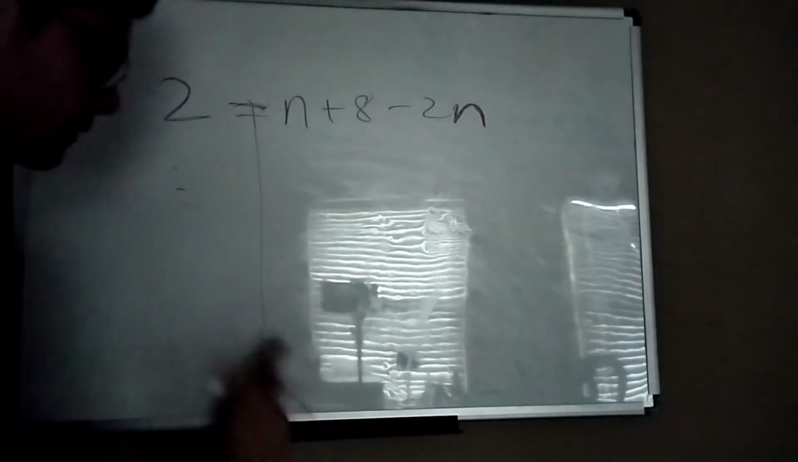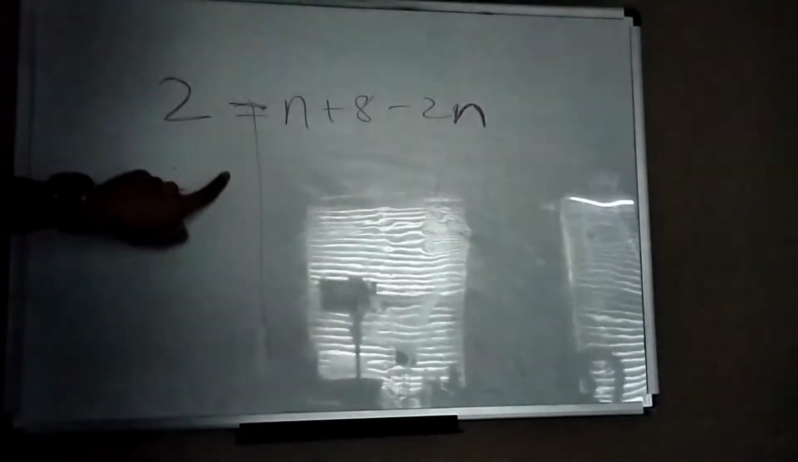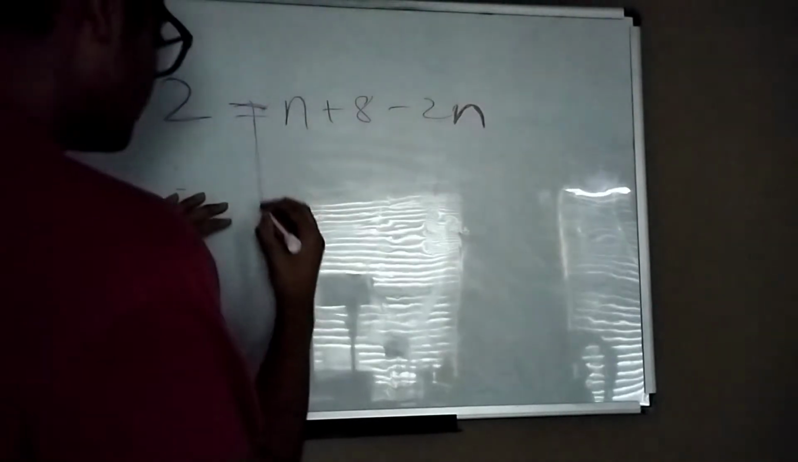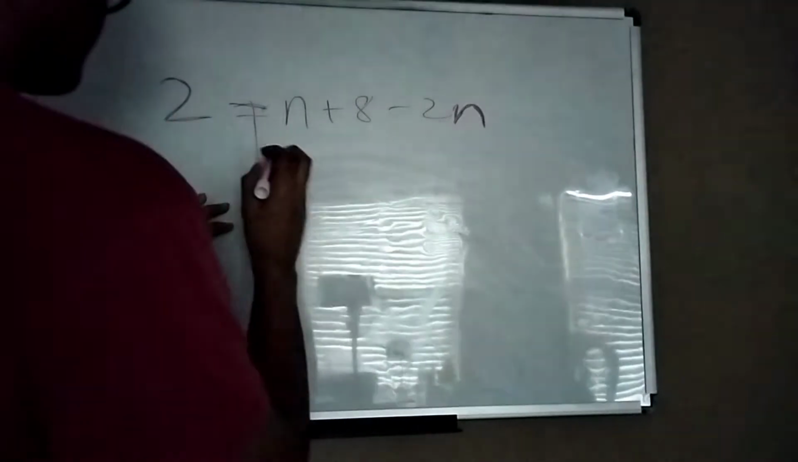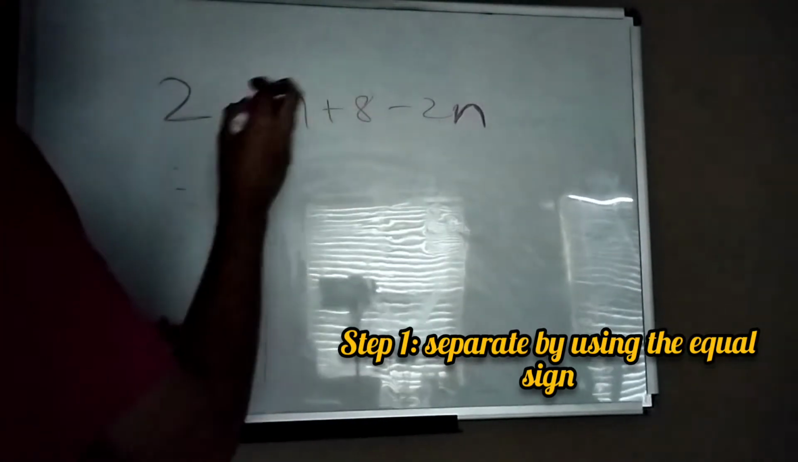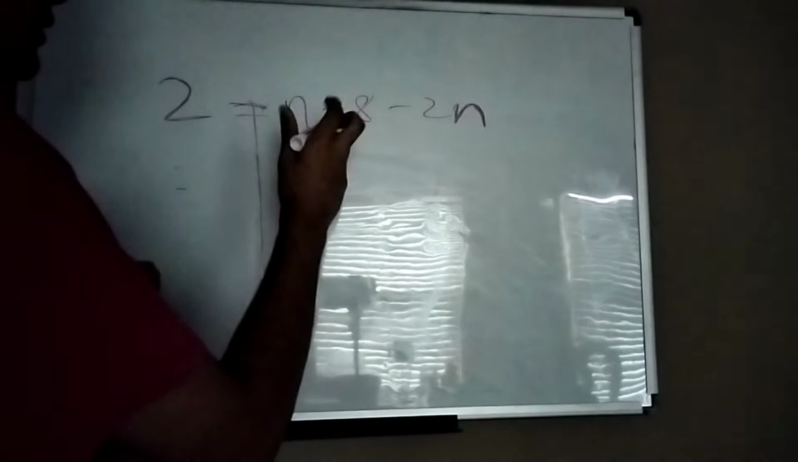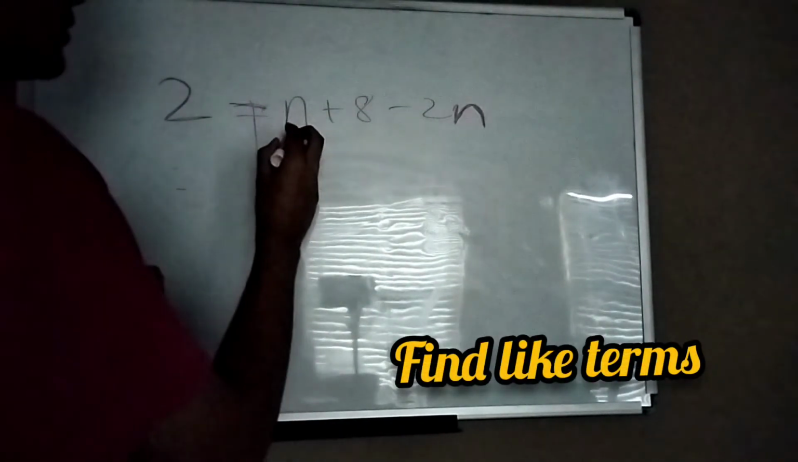So the first step you want to do is draw this line. What this line does is separate the two from this right here, this expression. Once you do that, that's the very first thing you do to one of these equations. Once you have done that, you have to find like terms, which is the n